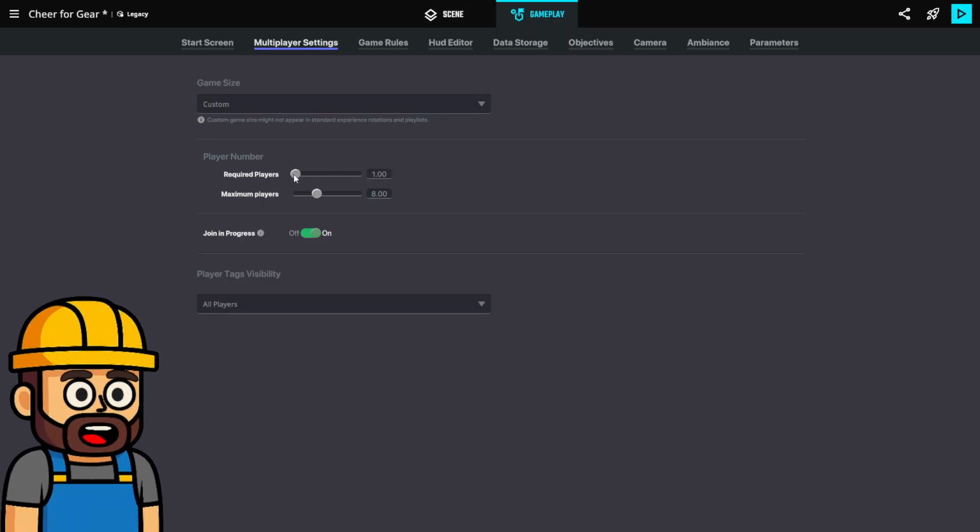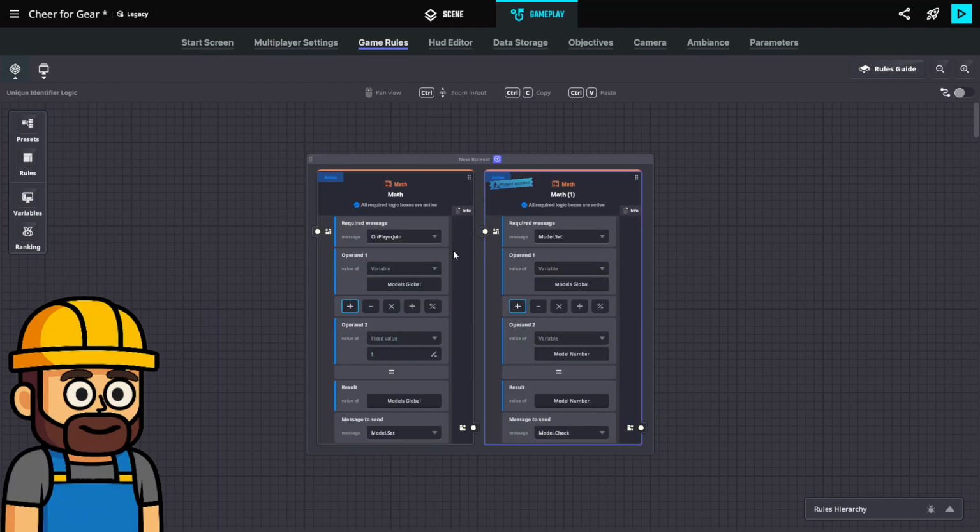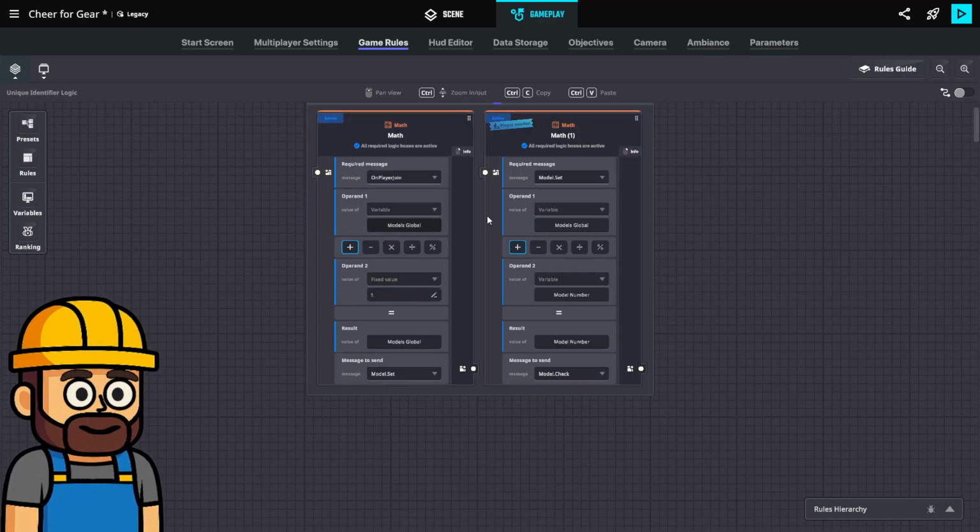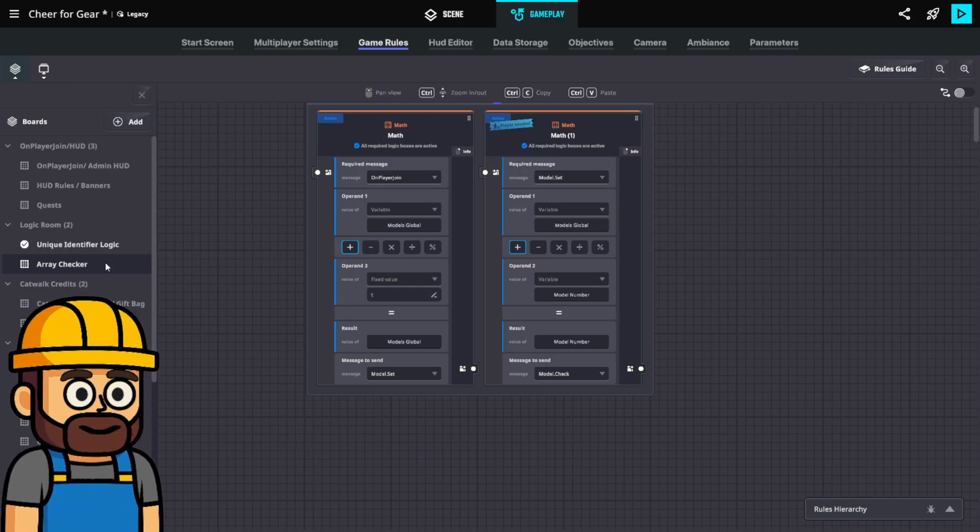I don't know if it'll work on the live map, but we're not there yet to test that. And so we can still use this unique identifier here. I think this will work perfect. Everybody will get a unique number. That's an important thing for this. Okay, so we have a unique number.